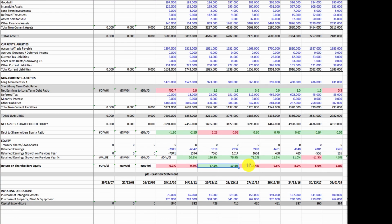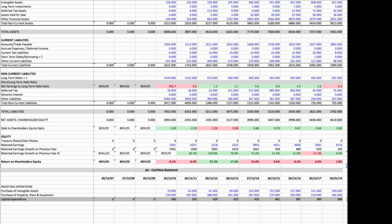If it's not producing an income for them, then it's not money well spent, from a shareholder point of view. And these are really bad numbers. This is a definite downward trend here, so that's no good. And then finally, the last thing I want to look at here on the numbers is the capex, the capital